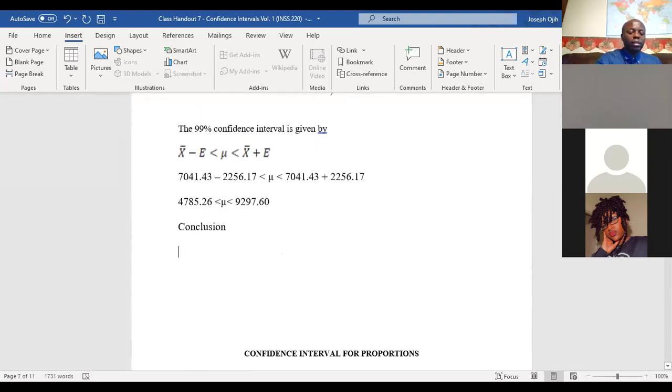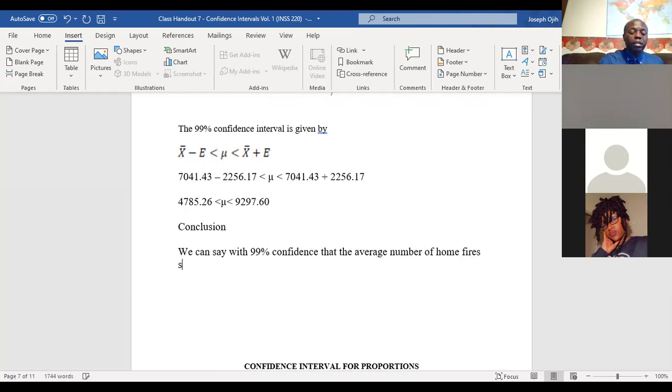So we can say with 99% confidence that the average number of home fires started by candles, or we can say with confidence that on average,